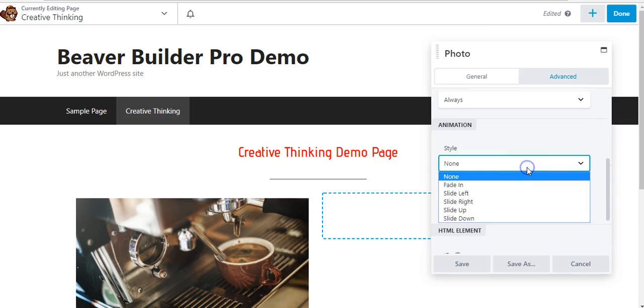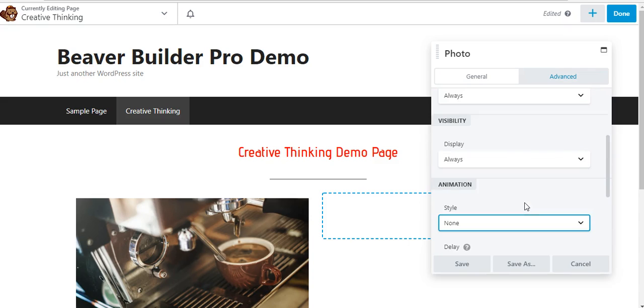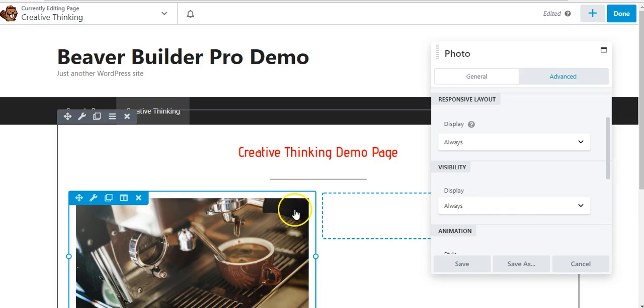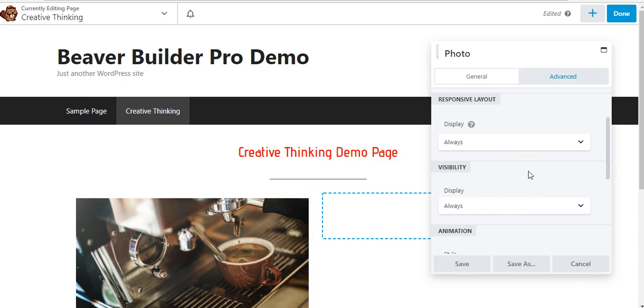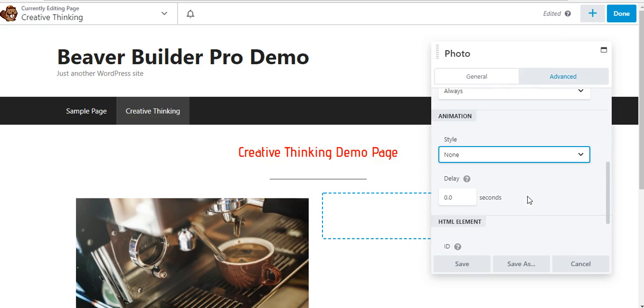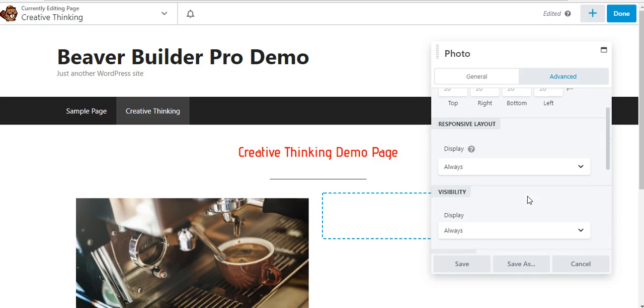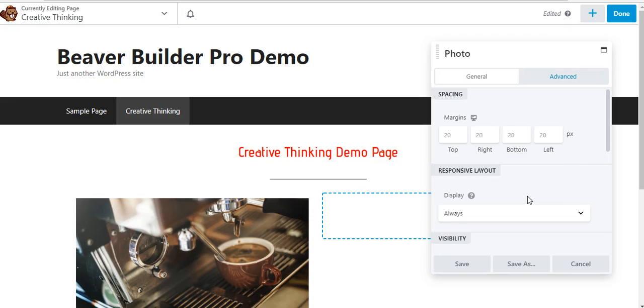So responsive, blah blah blah. I style animation. I don't want to do any animation because I try to avoid the animation as much as possible, because what happens is, when I'm trying to add any animation, it does load some scripts and it does make your site load a little slower. So I try to keep it as minimum as possible with these kind of animations. So this is about